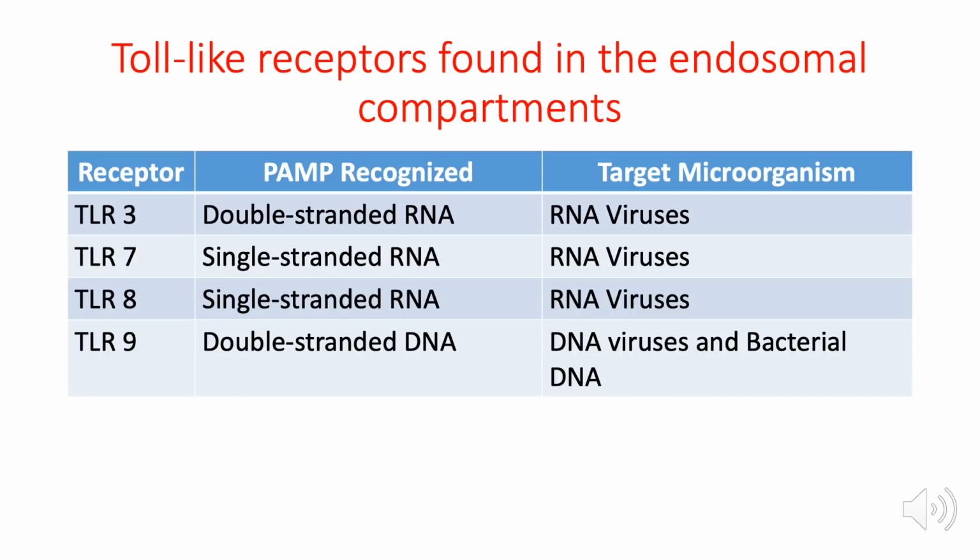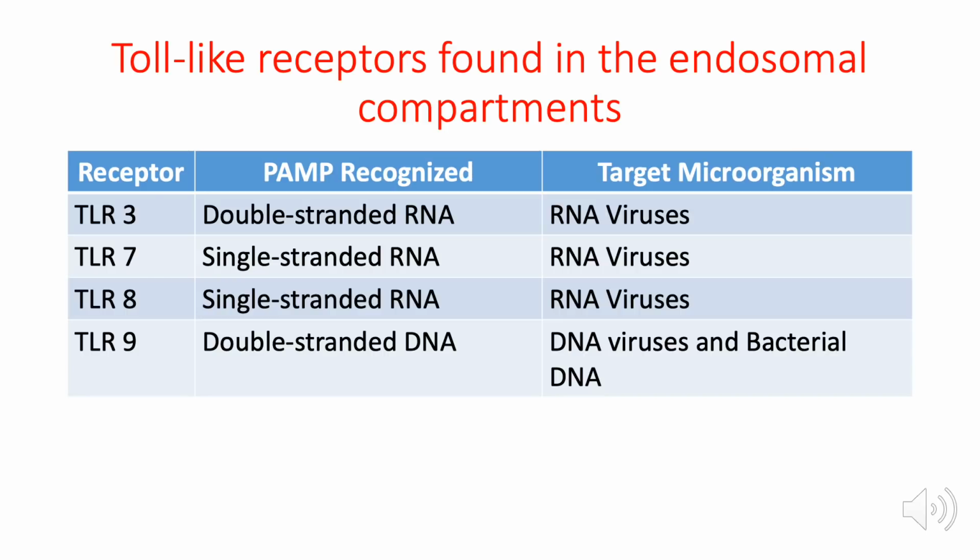Let's start with toll-like receptor 3. This one detects double-stranded RNA virus. Please always remember, RNA is always single-stranded. So expect that the majority of the RNA viruses that can make us sick are single-stranded, except for one, and that is reovirus. So reovirus, or the double-stranded RNA, will be detected by toll-like receptor 3. If toll-like receptor 3 is activated, then the cell will know that there is a virus inside it. Reovirus is the most common cause of